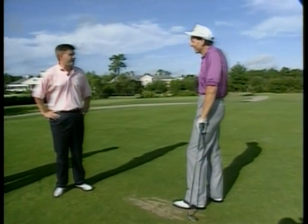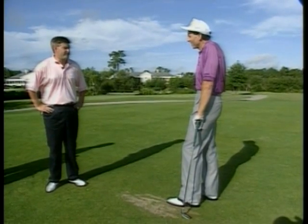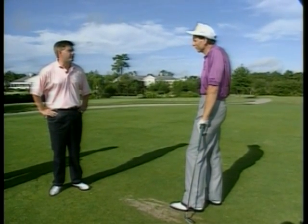Well, it's much improved. I'm hitting the ball a lot better, and my short game has really improved since we last worked on it. But I seem to be throwing a lot of shots away and not scoring as well as I'd like to be. Well, you can probably put that down to course management and strategy, Bill, and that's the other part of